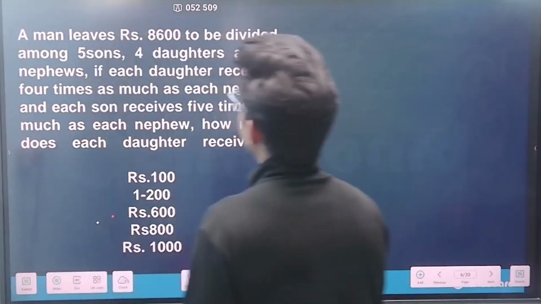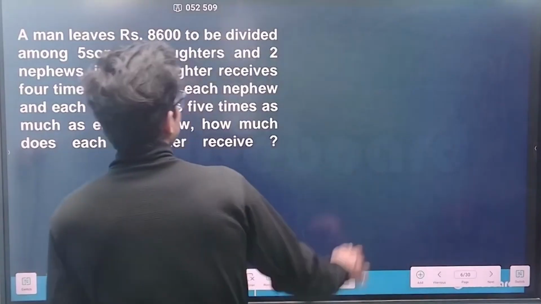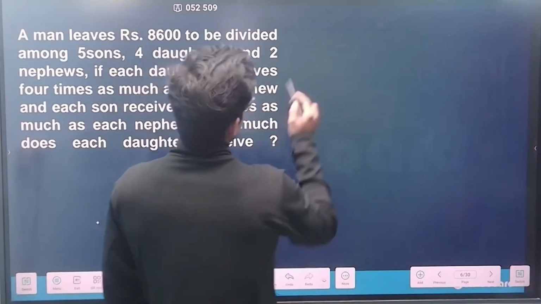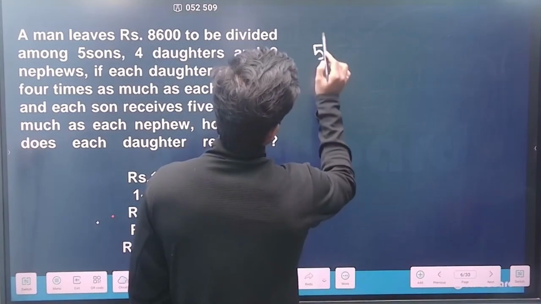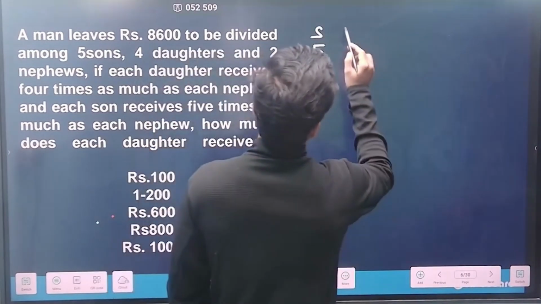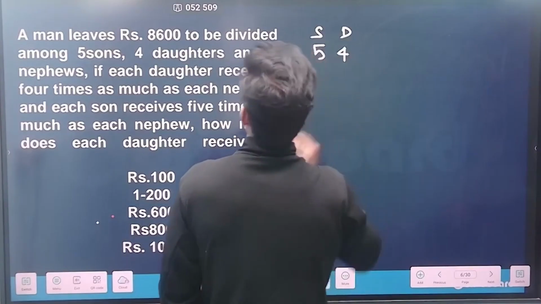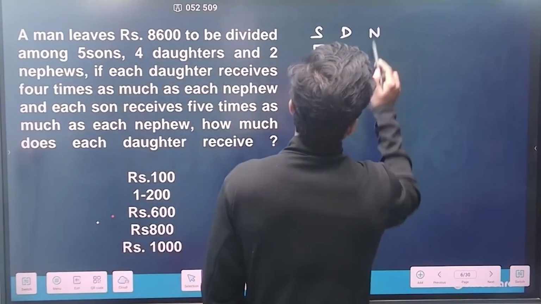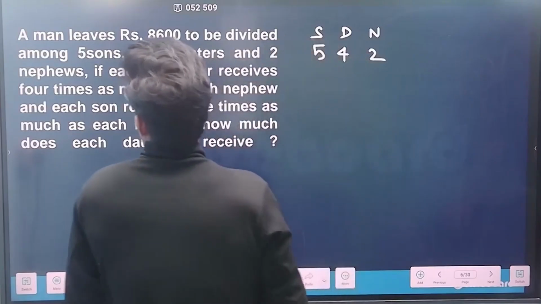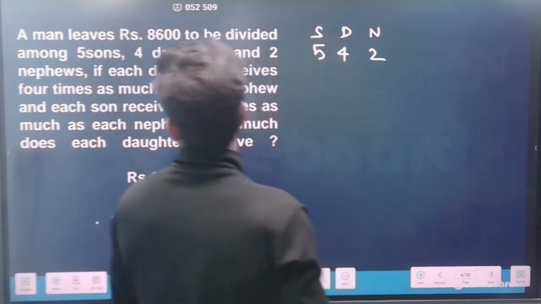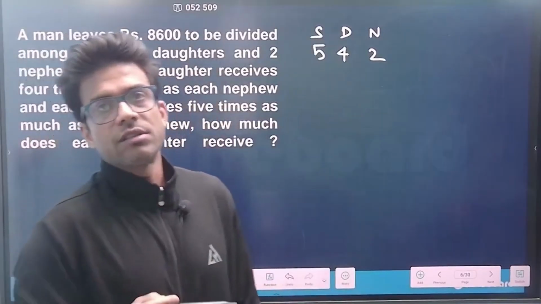A man leaves rupees 8,600, divided among 5 sons, 4 daughters, and 2 nephews. So nephews would be 2, isn't it? If each daughter receives 4 times as much as each nephew,